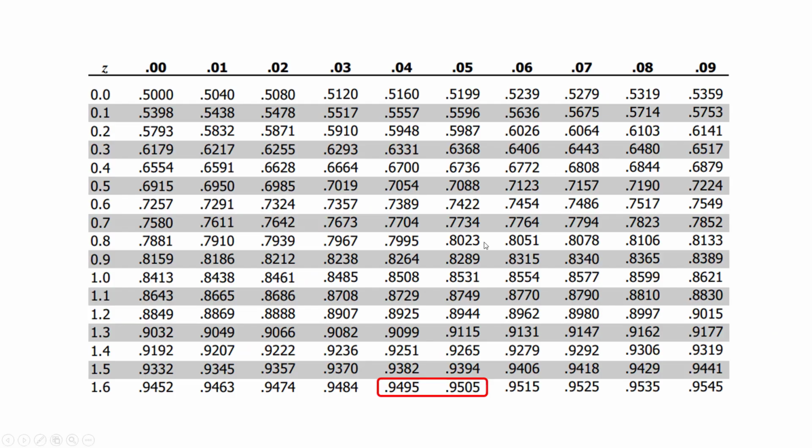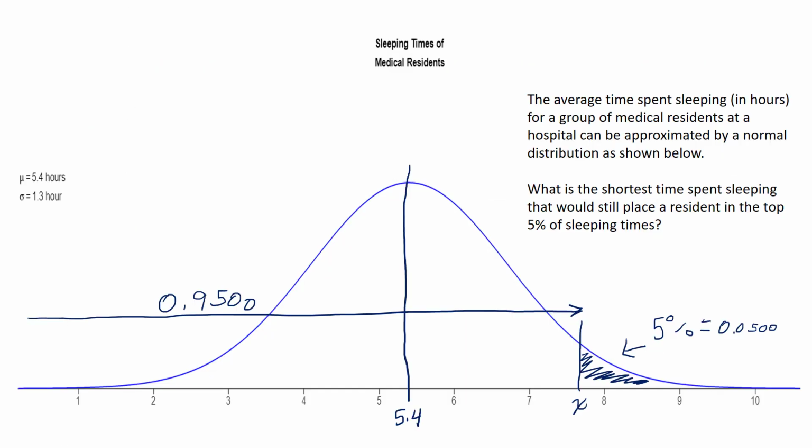0.9500. So let's look. When I look, I see 0.9495 and 0.9505 are the same distance. And this is one of the unusual ones. Typically they're not, and you just pick the closest one. So since they're the same distance, and that would be a Z of 1.64 and a Z of 1.65, you probably would be fine using either one, but typically what they do is they average 1.64 plus 1.65 and then divide by 2. And then what they get is